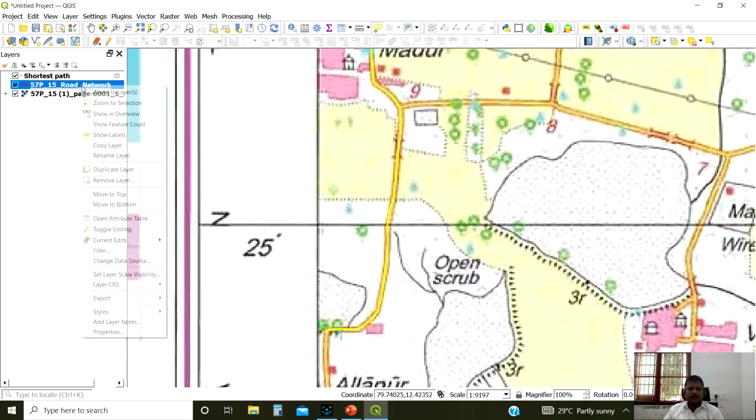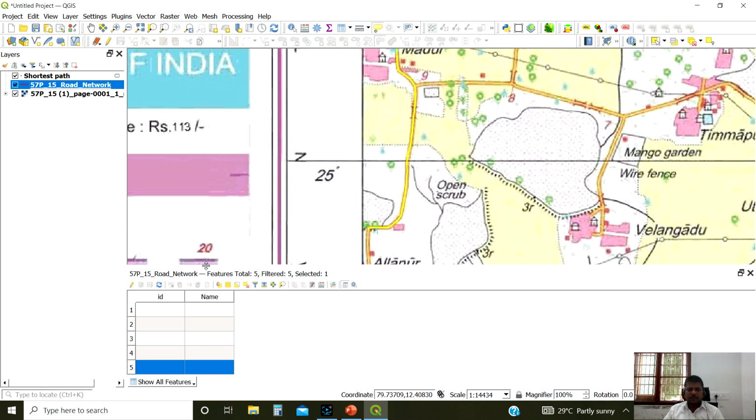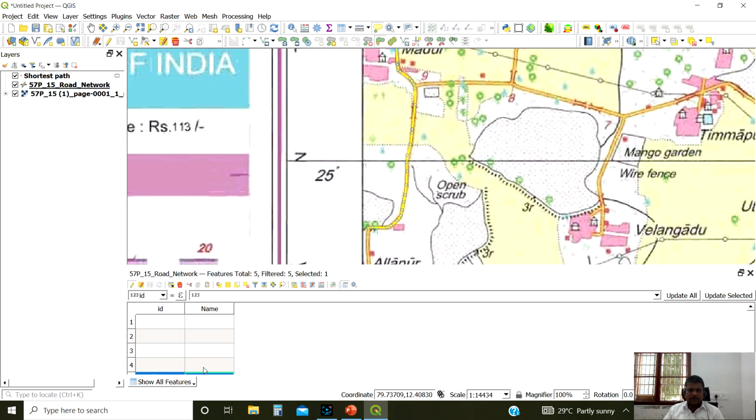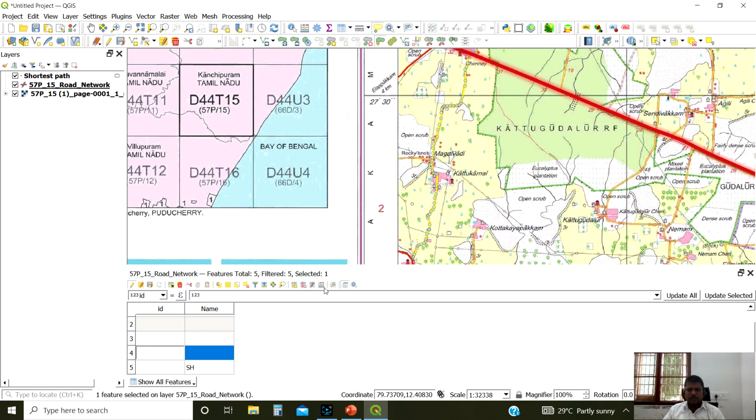If you want to add information about the road, like the name of the road, you can type it. If you know the number, you can give state highways. This road, just zoom in. This is also a state highway. Like that you can give.